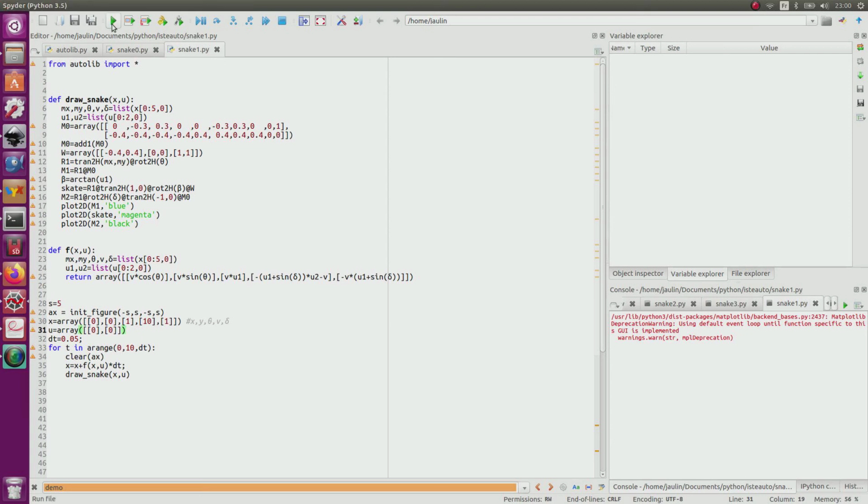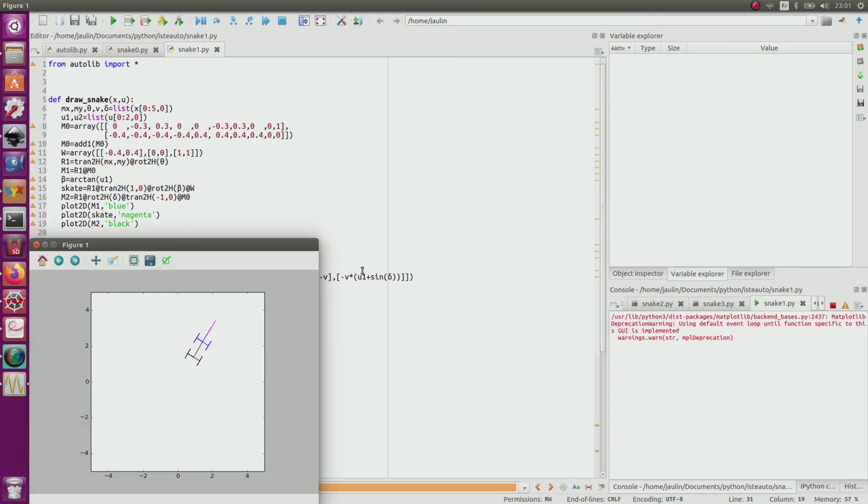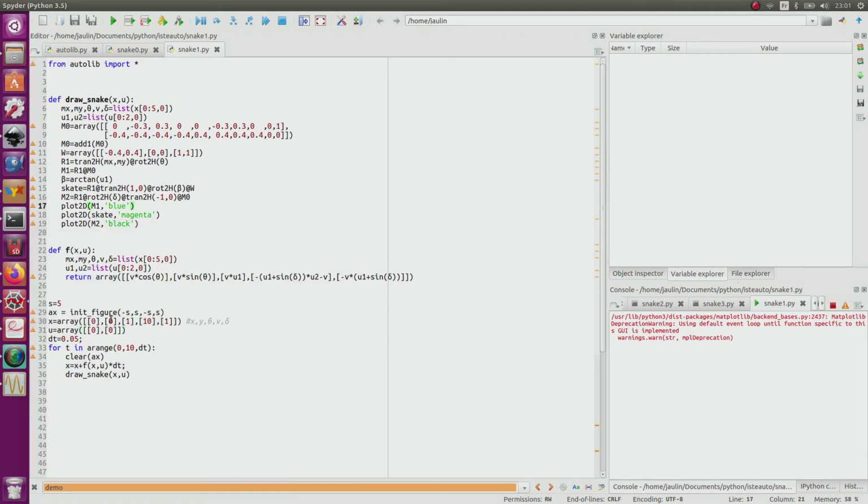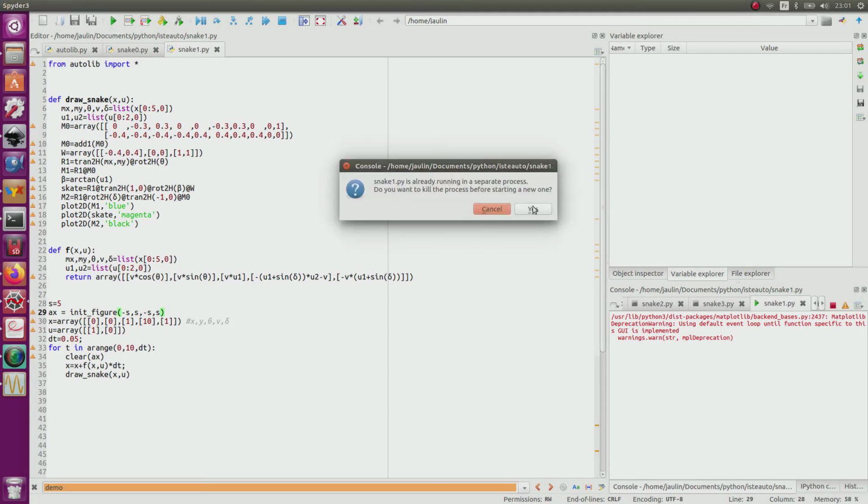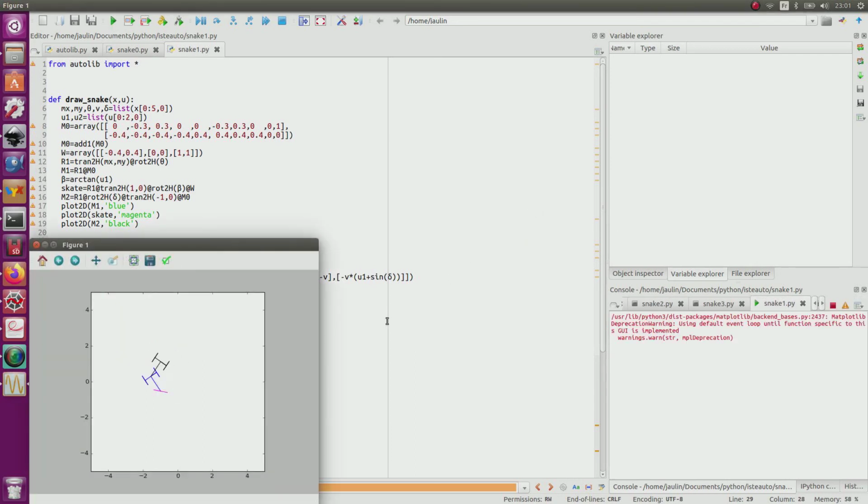If I do this, I'll obtain also something which is consistent. Okay. I will also, for the input, put an angle in the front wheel which is equal to 1. I run it. It turns. After a while, it stops, which is totally consistent with what we could expect for such a system. Now, of course, it stops, and I will have to give energy for this.